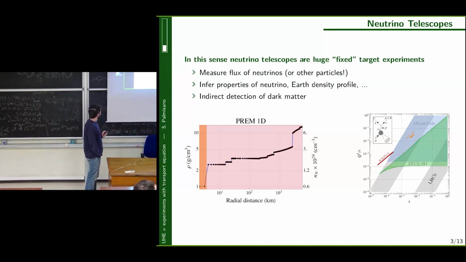For example, the KM3NeT event sort of probed a kinematic region that was still untested by traditional experiments. So the deep inelastic scattering interaction of neutrinos in untested kinematic areas. It can also, for example, be used for indirect detection of dark matter, if the dark matter decays or annihilates into neutrinos.